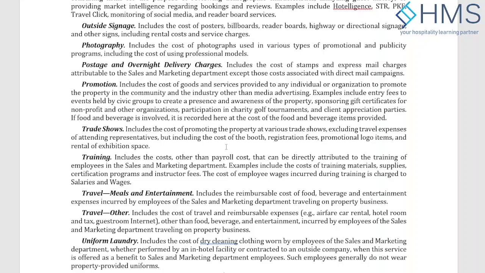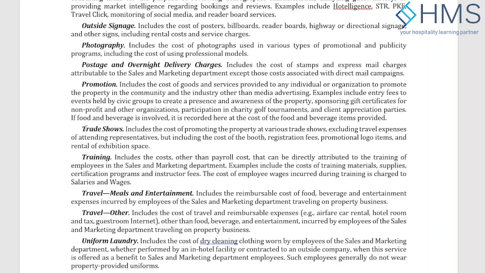So here you will see there are quite a lot of costs which seem to be interconnected, right? There may be promotion, and promotion can sometimes be considered advertising or a fee of a trade show. The fees to attend a trade show go to another line called trade shows here. And when you are attending the trade show, you are spending money on traveling. The cost of that traveling will go into the traveling line. So it's not going to be combined into the trade show.